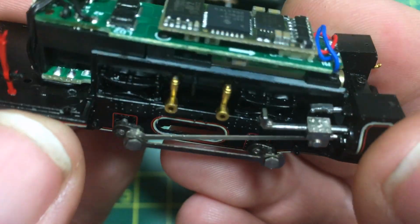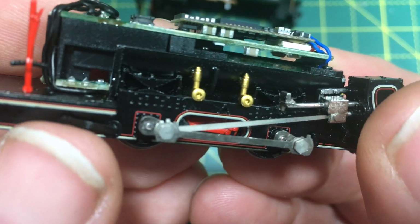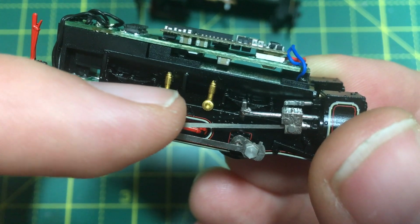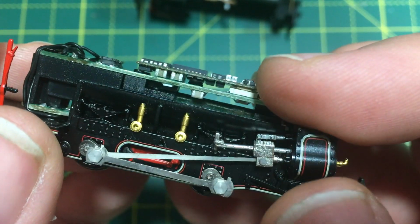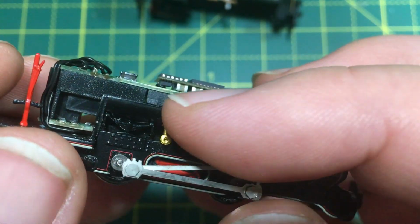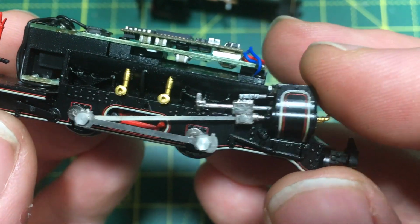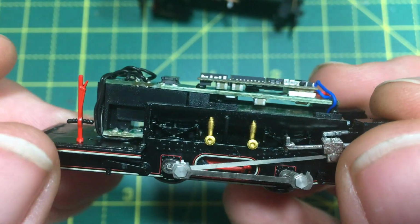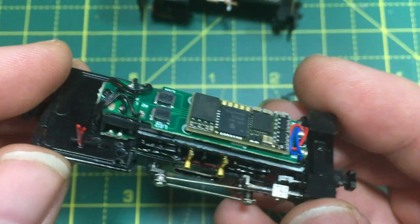With the body off, we can also see some of that extra detail that's hidden away in the chassis, including the springs, some of the clacks, and the underside of the boiler, which hides the motor and also appears to include a reasonable amount of additional metal for adhesion purposes. The speaker is hidden away underneath there, and because that's pre-fitted, you do not need to buy an additional speaker